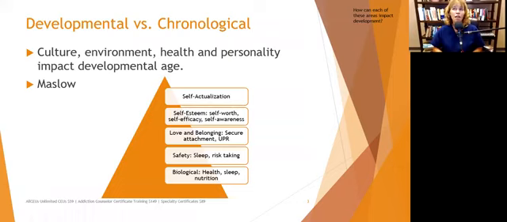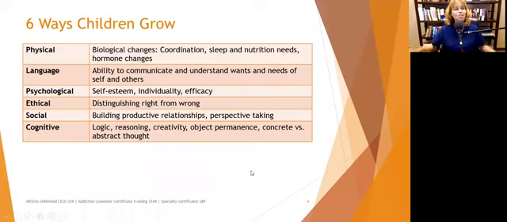And then love and belonging comes along with secure attachment and unconditional positive regard. And self-esteem. Children need to have a sense of self-worth, to know that they're okay. Self-efficacy, that they can accomplish things. And self-awareness. What do I need right now? And most of us can't necessarily say that we are completely mindful at any particular time. So, 6 ways children grow.